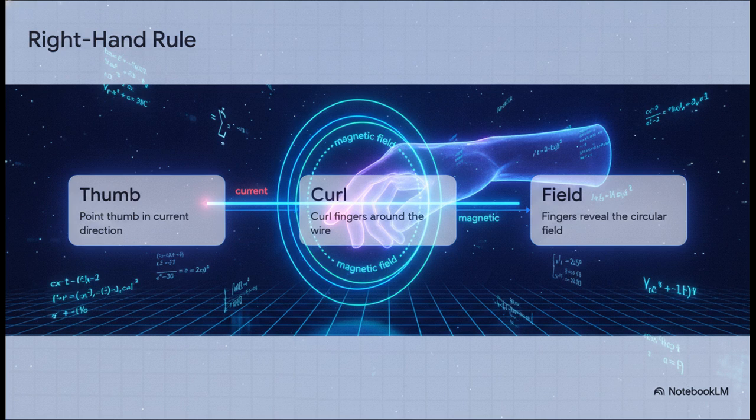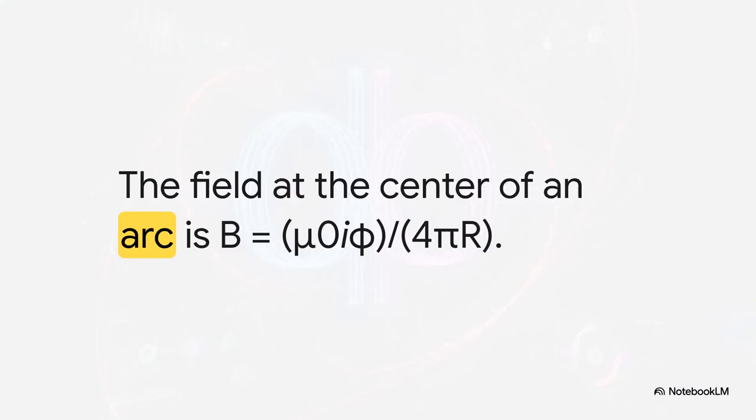physical directions. But what if the wire isn't straight? Well, if we bend it into a circular arc, the math shifts to focus specifically on the center of that curvature. The magnitude of the magnetic field at that center point depends on the current, the radius of the arc, and crucially, the arc's central angle. And guys, here is a massive insider tip for your calculations. Whenever you run this math, that angle absolutely must be measured in radians, not degrees. Radian measure is tied to the physical arc length, so if you plug in degrees, it's going to throw your